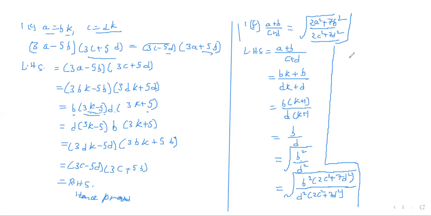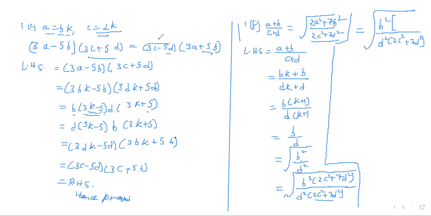So it is again under root of. In the denominator, we have to bring the term 2c square plus 7d square, so we write it as it is without multiplying. But in the numerator, we have not to bring 2c square plus 7d square. So in this, use the